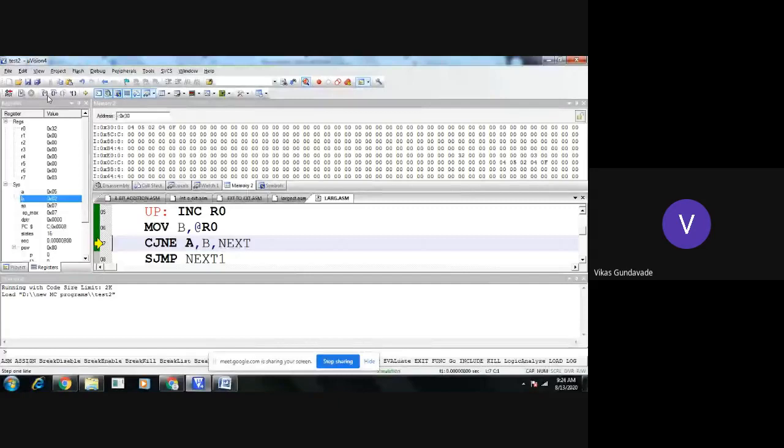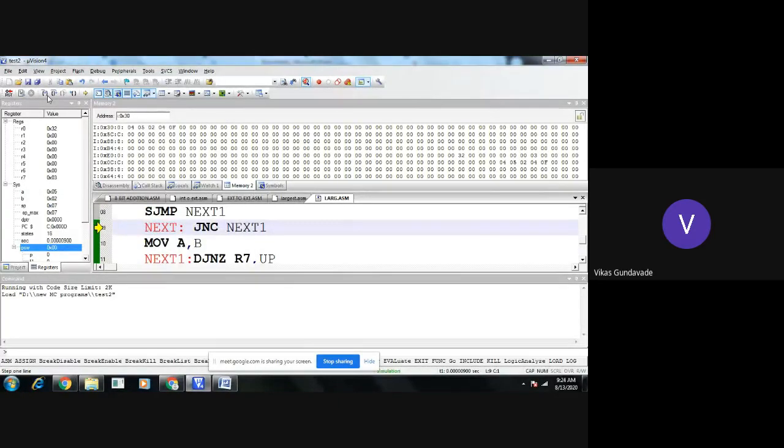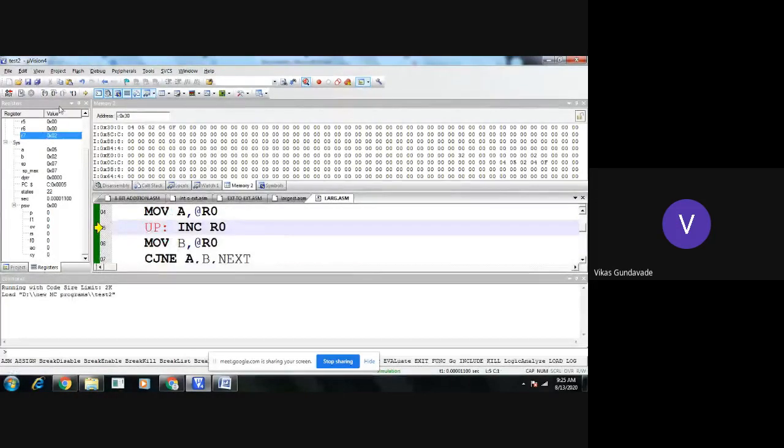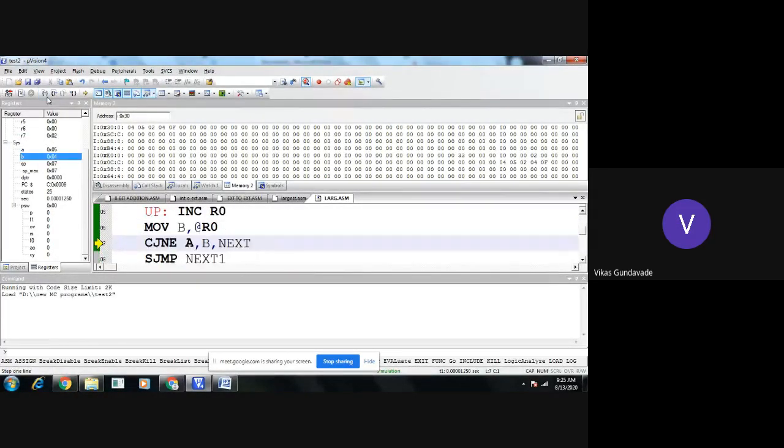Again, the accumulator and B registers are compared. Now these are not equal. Now, is carry generated or not? Check here, the carry is not generated here. So if the carry is not generated, the transfer of B to the accumulator will get skipped, and it comes to the DJNZ R7. Now R7 contents are 02, and so on.